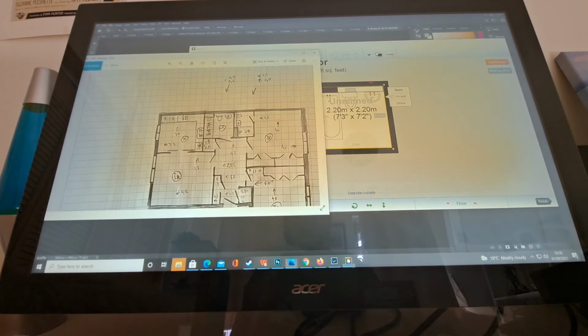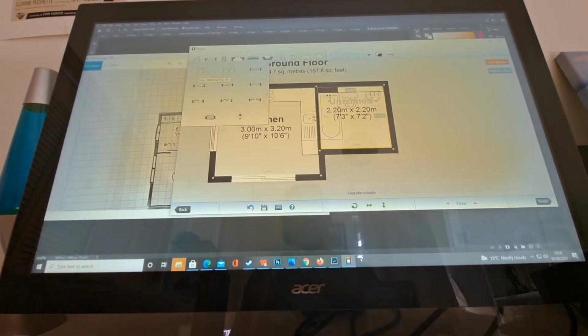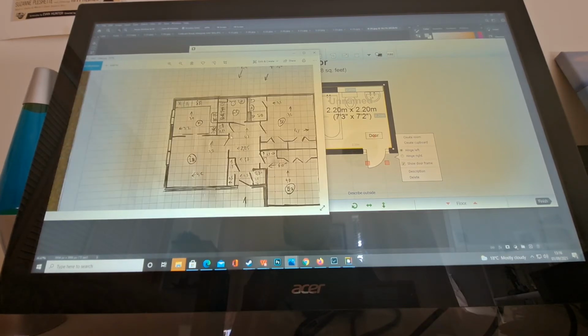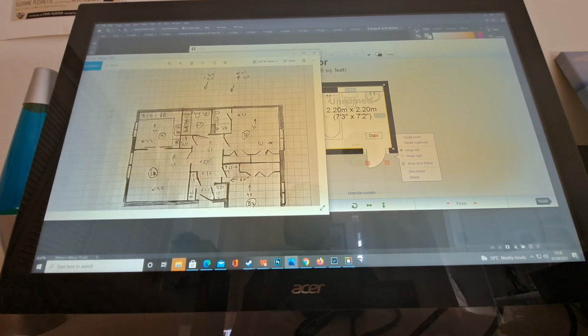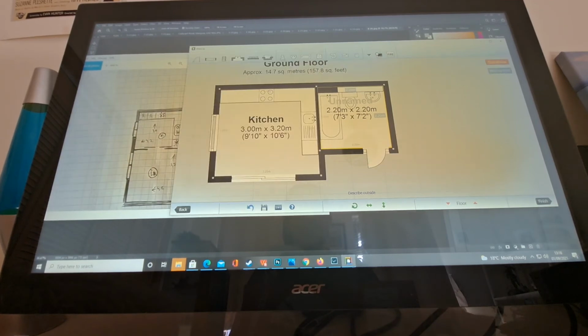So there you go, nice and easy. You've got your door, so you put your door where you want it, and then you can again swap sides. So I think that's right. You've got a little cupboard here. I'm just working around the edges,